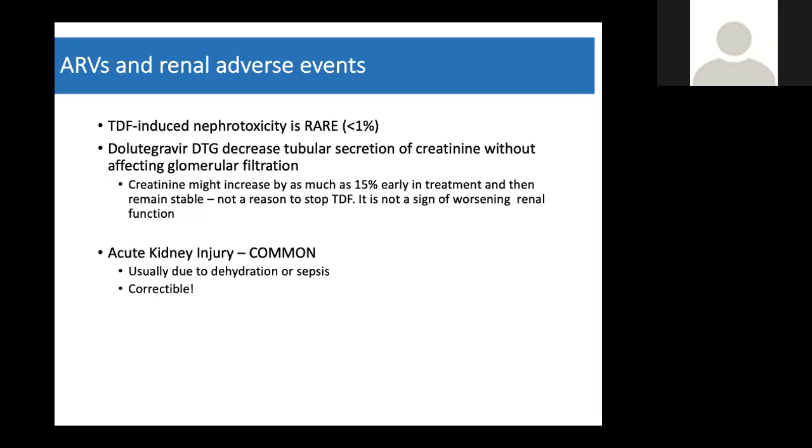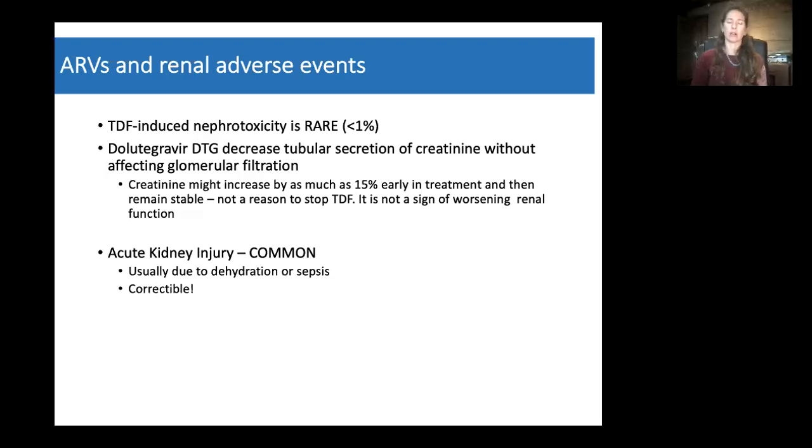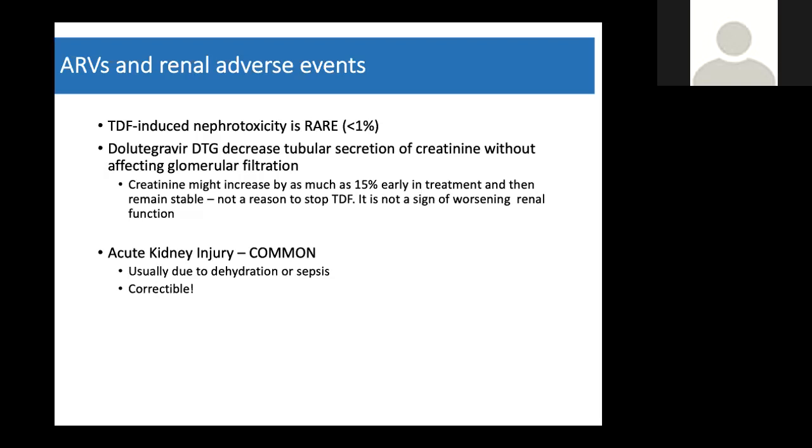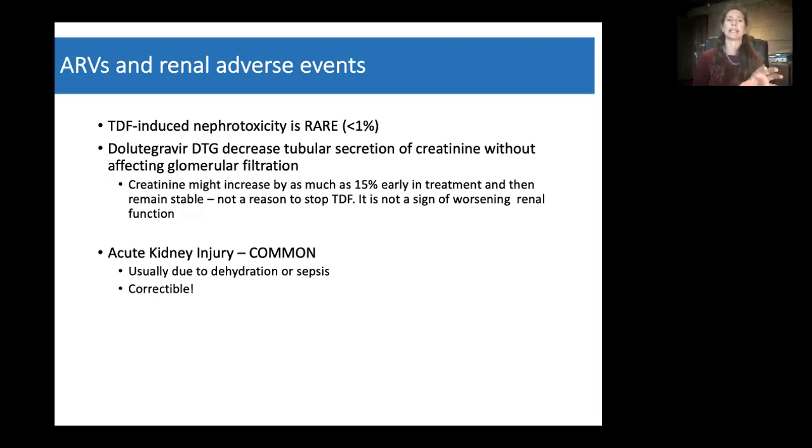What's much more common is acute kidney injury. A lot of our HIV patients get sick with infections, they get dehydrated, they don't eat properly, they get oral candidiasis and don't drink enough. They come in with a creatinine that is up, and you put them on a bit of a drip and a bit of Bactrim and some ARVs, and they do wonderfully, and that creatinine normalizes. That's the vast majority of cases. What we don't want to do is mistakenly diagnose somebody with a tenofovir nephrotoxicity when it's actually just an